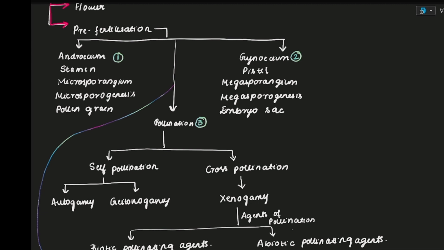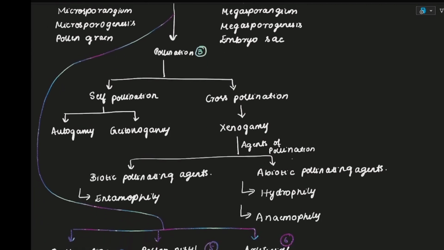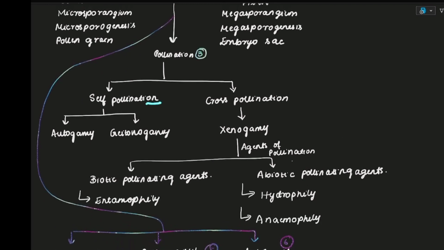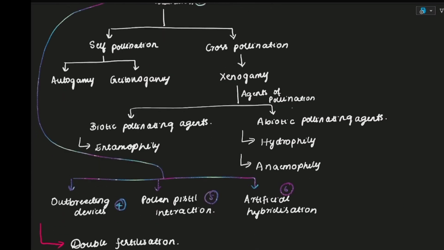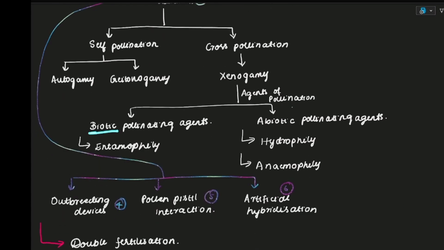And next we have pollination. I'm sure this is something you've learned when you were young. And we'll be learning about the different types, self-pollination and cross-pollination. In self-pollination, there are two types, autogamy and geitonogamy. And in cross-pollination, you have xenogamy, which is nothing but the cross-pollination itself. And different agents, where we have biotic agents and abiotic agents. In biotic agents, you have entomophily, which is insect pollination,